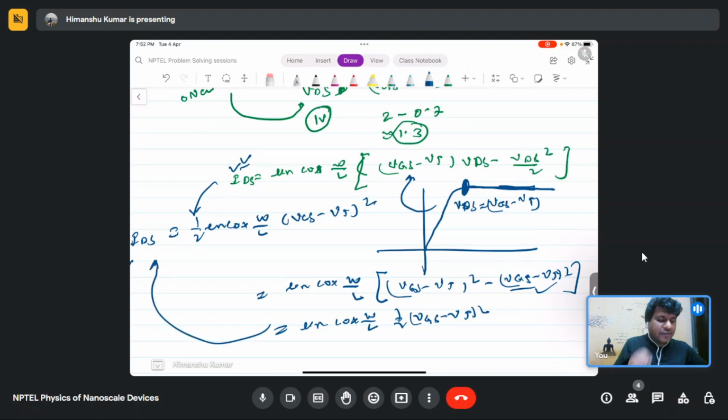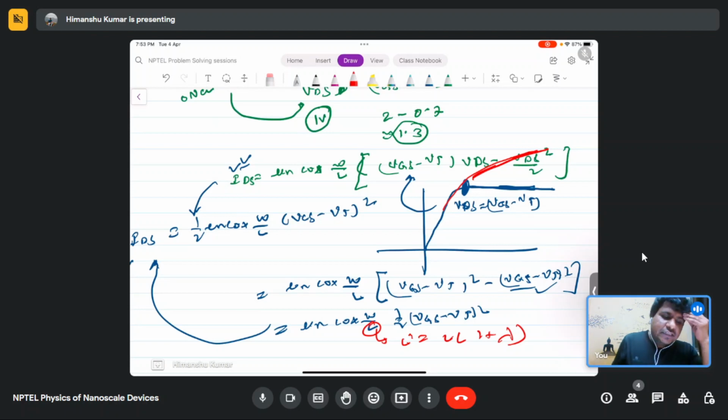But after this, suppose you are given channel length modulation parameters or any other model, then you need to take account of that modulation also. If the slope is like that, then you need to take account of this channel length modulation parameter. So basically L dash is a function of L times 1 plus some lambda parameter, so you need to take that into account.